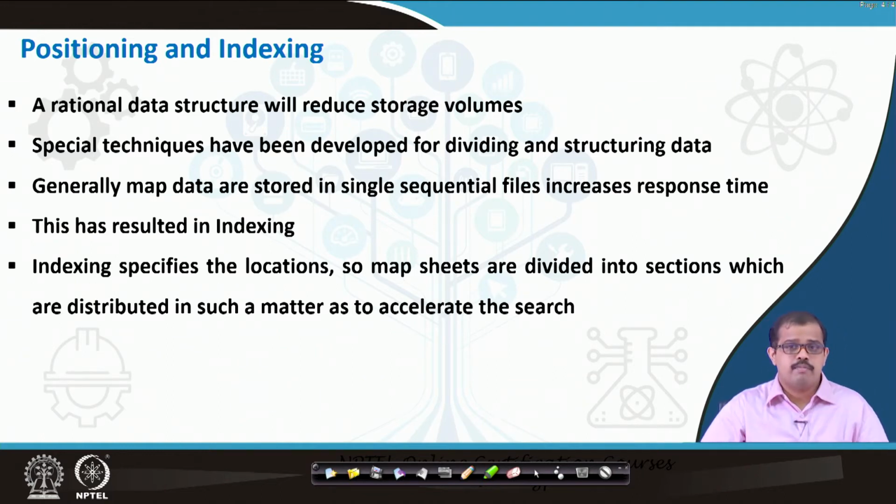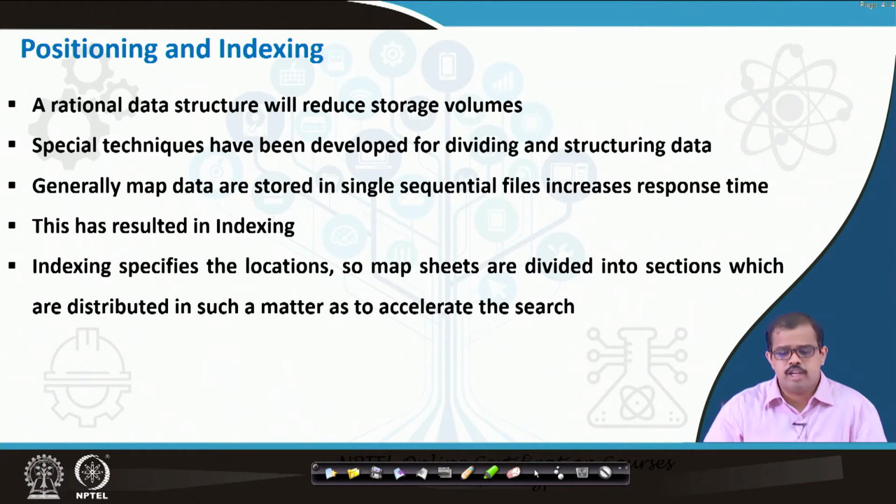When you are looking at partitioning and indexing, when you have a relational data structure, it will actually reduce your storage volumes. For example, if you have not partitioned or indexed a particular data, it means it is occupying a huge amount of space, and it may also result in duplication of data.